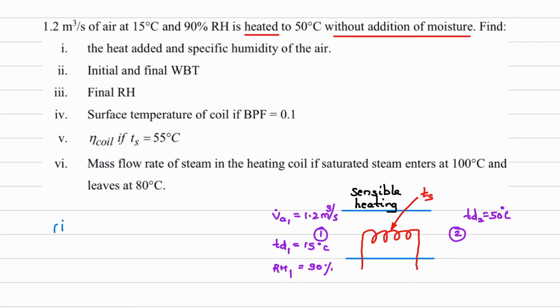First question is Q dot A, heat added, and second, in that, only the second part is the specific humidity of air. Now that specific humidity of 0.1 and 0.2 will remain constant. Why? Because it is sensible heating. So we have to calculate the omega value, that we have to just read from the psychrometric chart. Okay, omega 1 will be equal to omega 2.